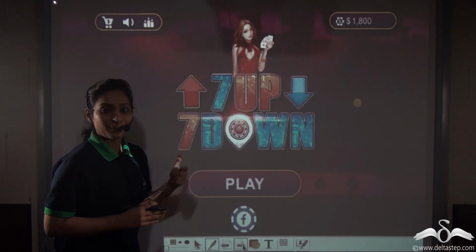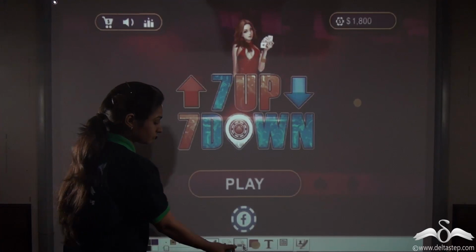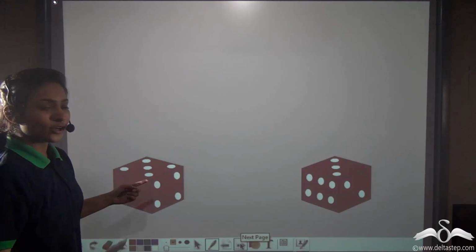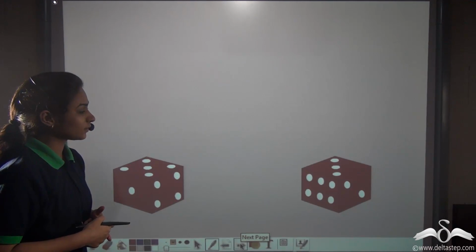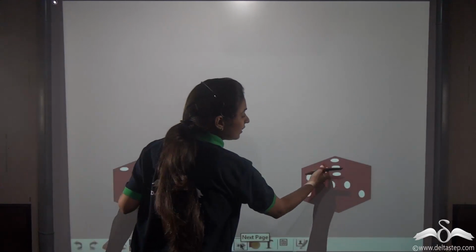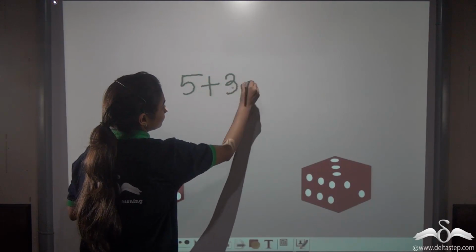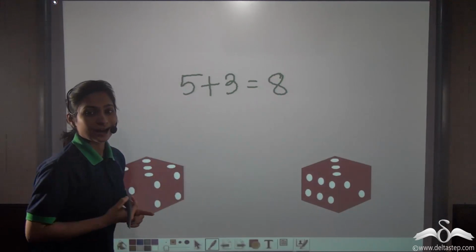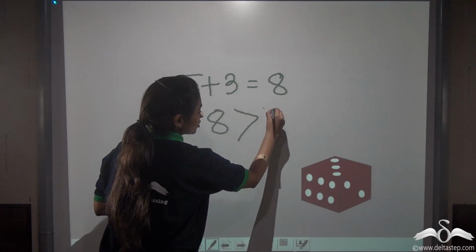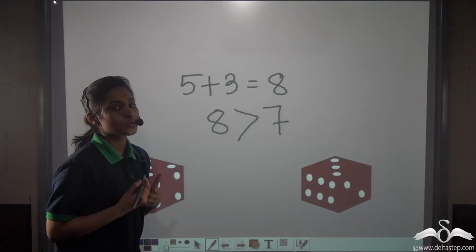Now what had happened? I played this game once and I bet on more than 7. I was waiting. Can you tell me, did I win or I lose? When the dice were thrown, one dice had 5 and the other had 3. So adding them, what do I get? 8. And I had bet on 7 up. So where I can see 8 is actually what? Greater than 7. And I had bet on this only. So I won. I was very happy.